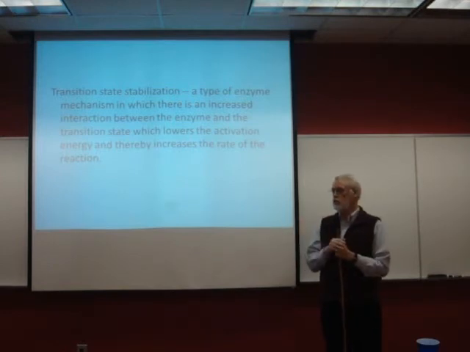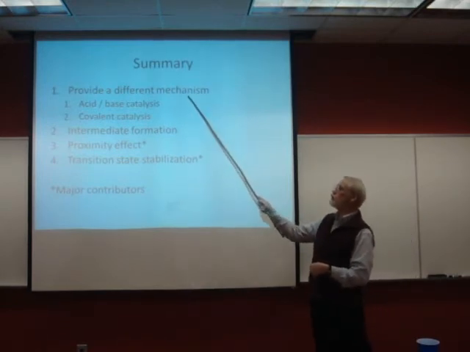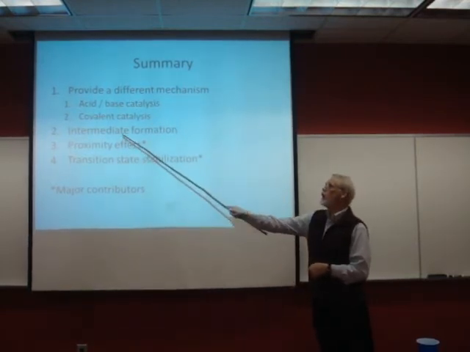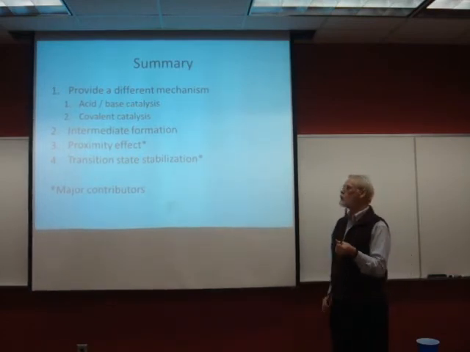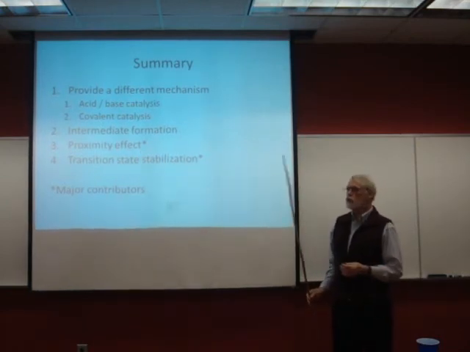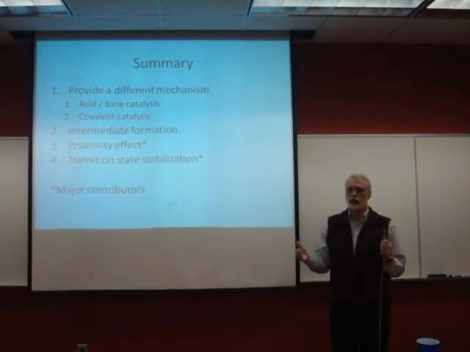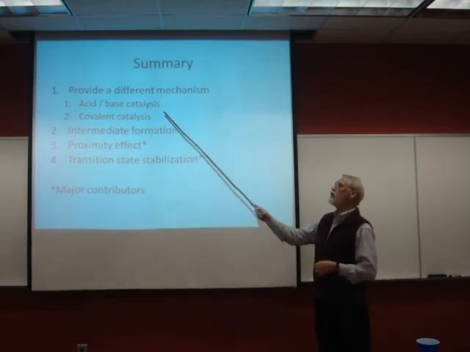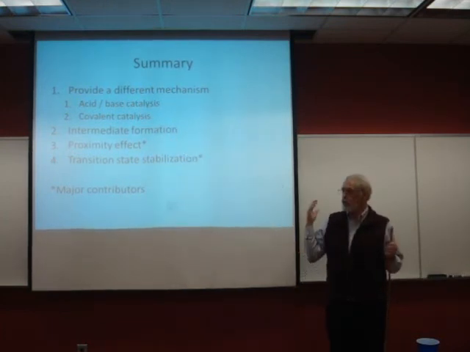So in summary, what can we do? We can provide a different mechanism, either acid-base or covalent catalysis, but still providing a different mechanism. We can have intermediates in the process to make the mountains, and break it up into smaller mountains. And then we have the proximity effect and the transition state stabilization. From a numerical point of view, these last two components will provide the biggest increase in rate. However, to do that, we need many times to have intermediates and involve acid-base or covalent catalysis. So they're all going to work together, but the major contributors are going to